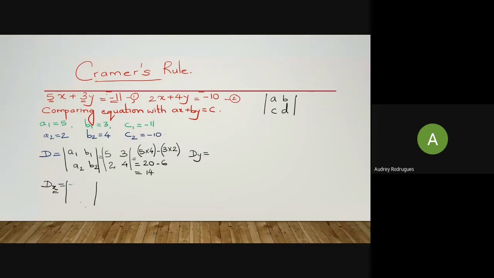Okay, so here we will write minus 11 and here we will write minus 10. Then again, the coefficients of y as it is, b1, b2, which will be 3 and 4. Now how will we calculate? Minus 11 into 4 minus 3 into minus 10. Chaitanya, don't make a mistake, son. It is minus 11 into 4 and 3 into minus 10. We have to multiply c1 into b2 and these two. Now this will become minus 44 minus,